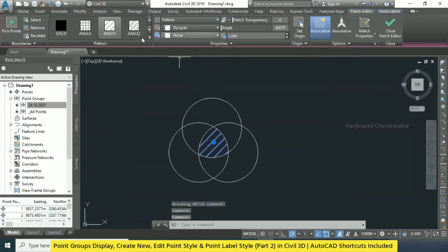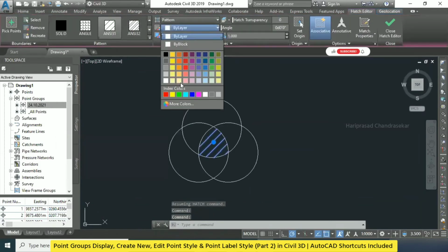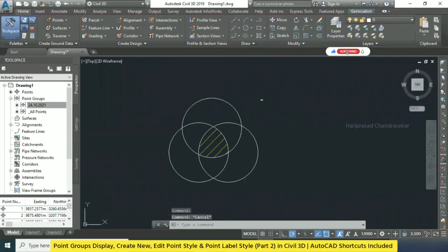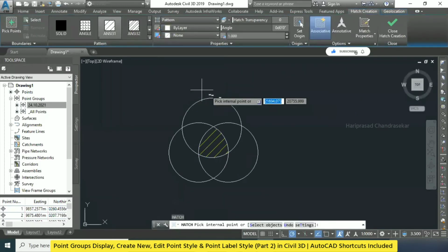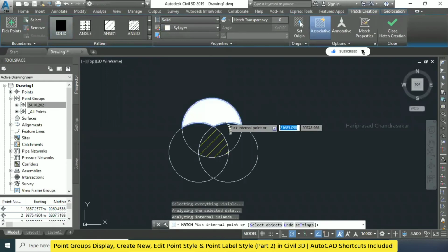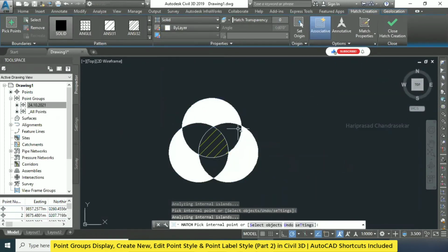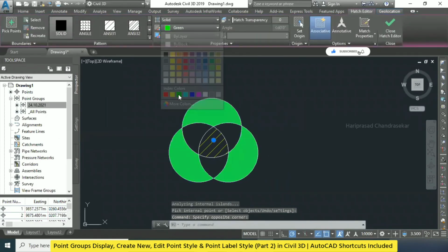And you can change some color if you want from here. And I will try to put some solid hatch. Okay, for this I will give some color.